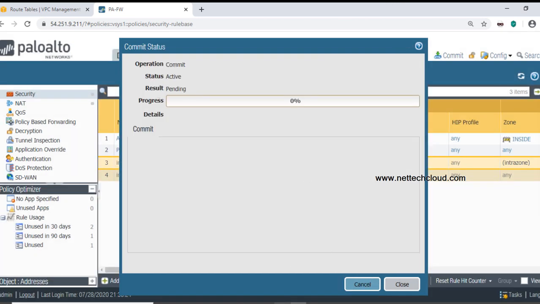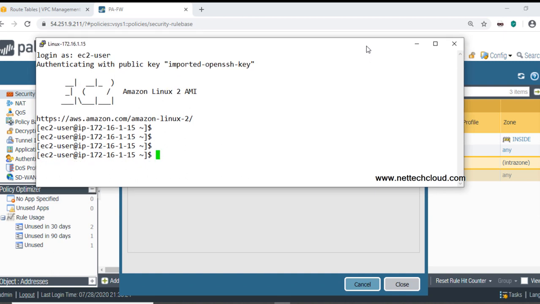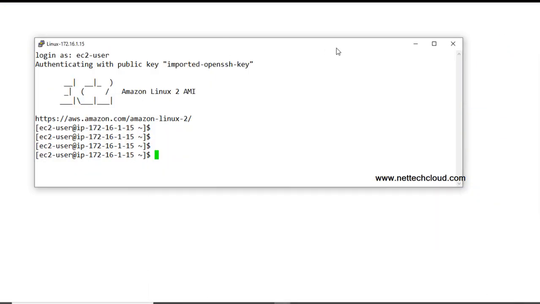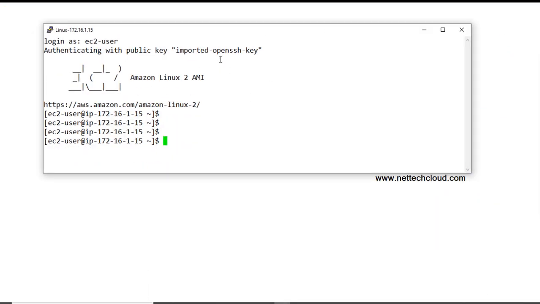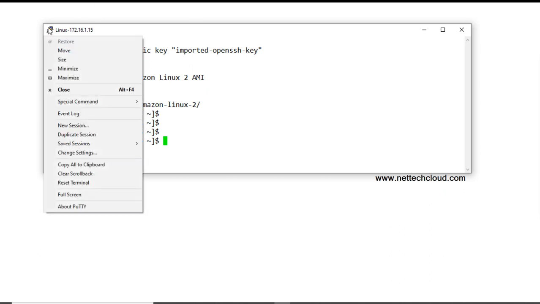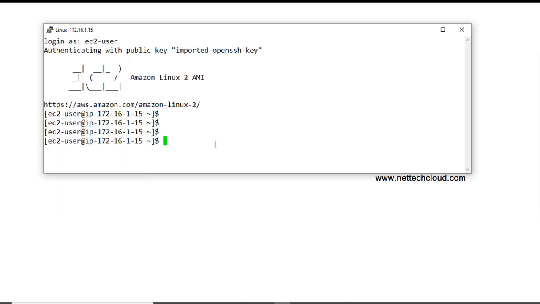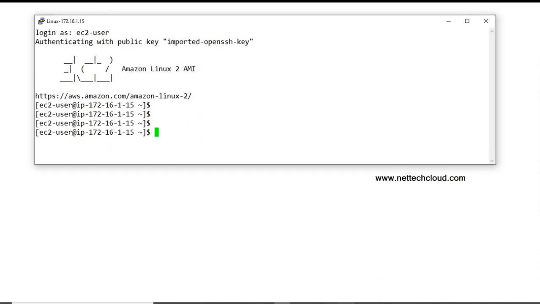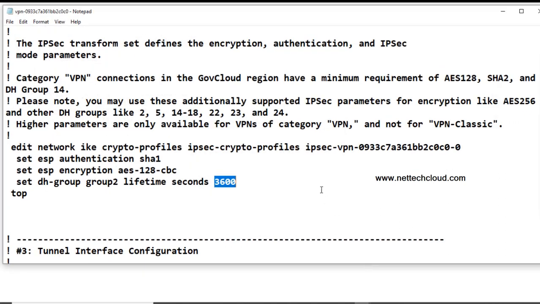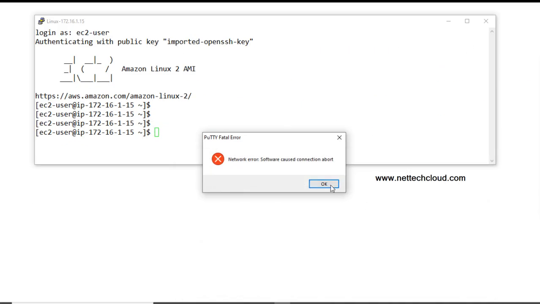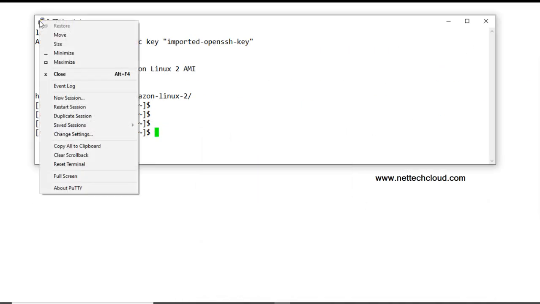All right. And what's the status? Close, minimize. I'm here now, back to this, and I need to restart this session. So let this session be timed out, and then I will restart the session. Time out because of this timeout. And that is configured, and I can access the Windows machine also. Okay, so now restart.